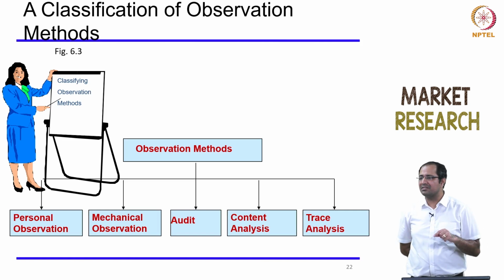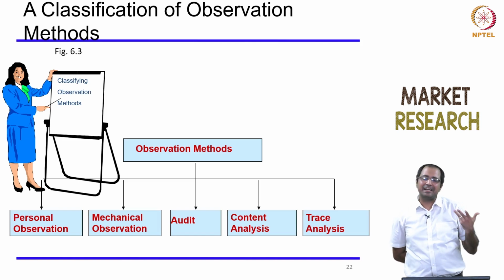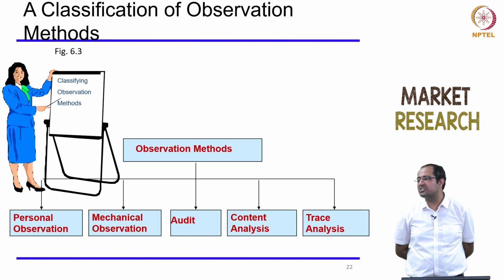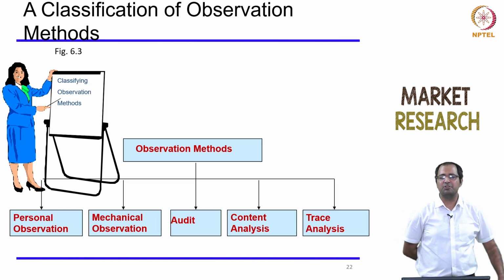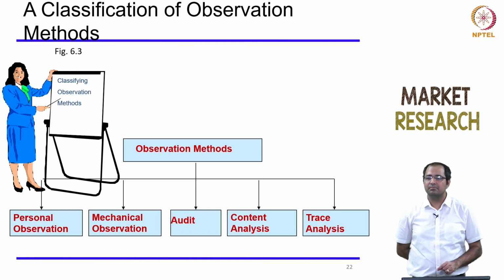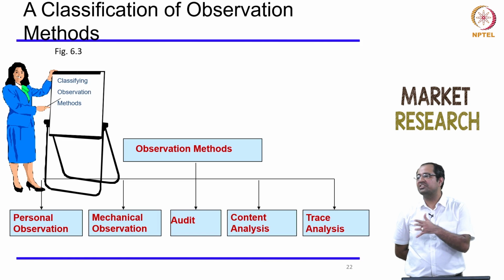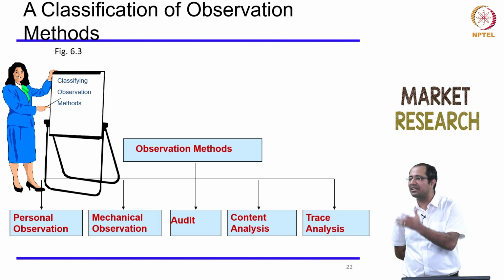Now observation, although I have included it in descriptive research, it can be part of exploratory research as well. One could do observation in exploratory research as well, but observation is also a part of descriptive research when you are describing some behavior. Let's say describing some behavior in terms of how a certain person acts in a retail store. So you are noting down the behavior,